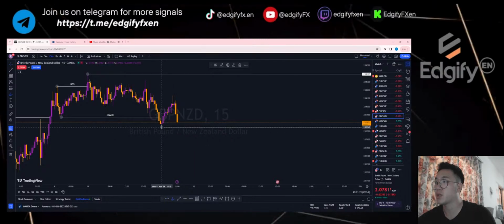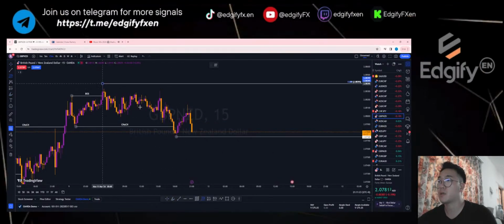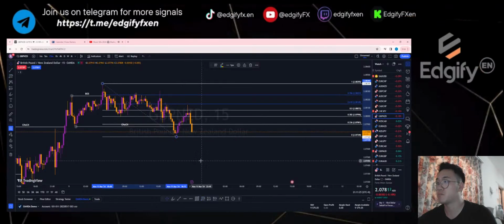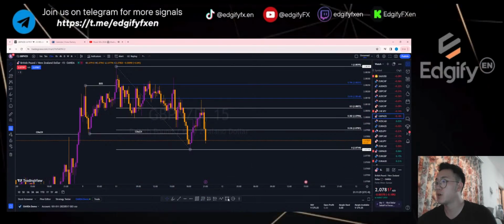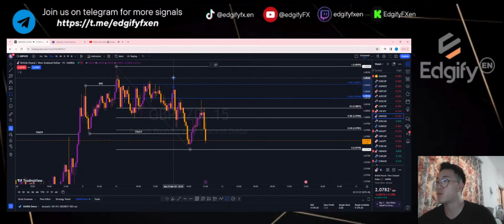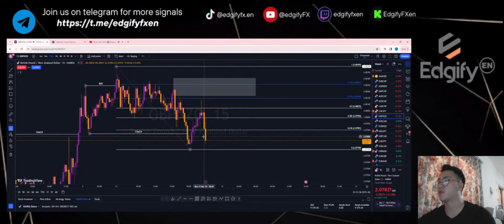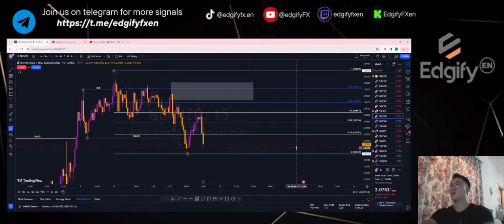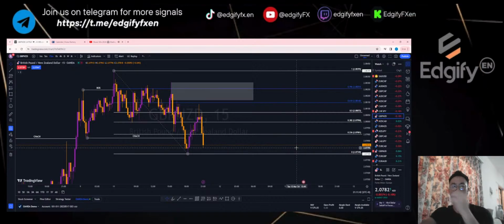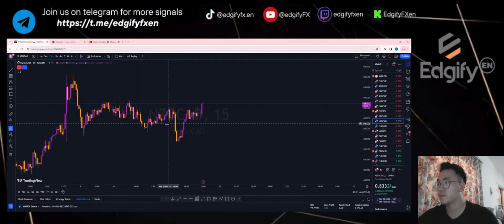So right now we are looking at a downwards momentum, a downwards market, right? So I'll mark out where I'll be looking for sells about this level. If this is going to break below, then we will have a newer range for GBP/NZD. So GBP/NZD will be something that I'll be looking for sells.